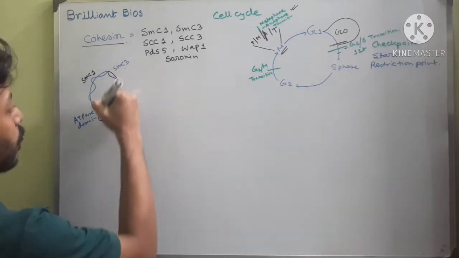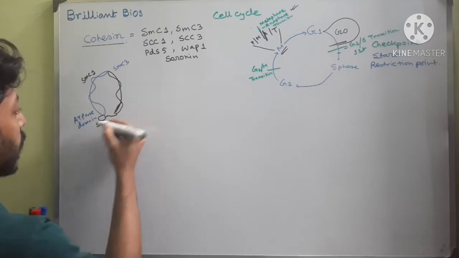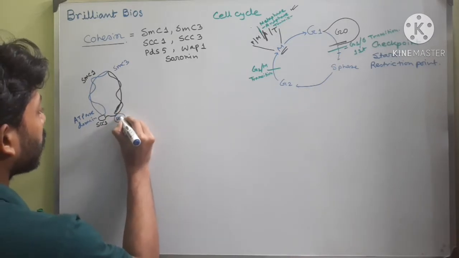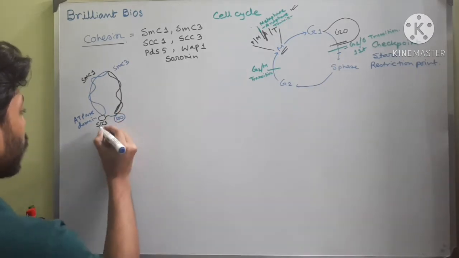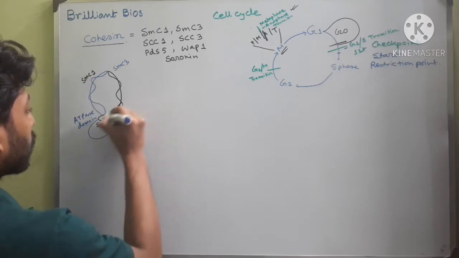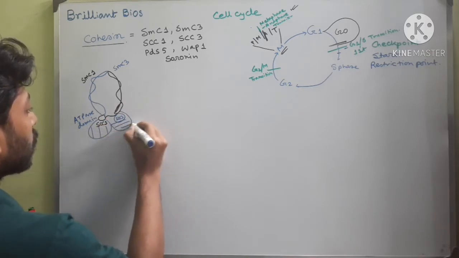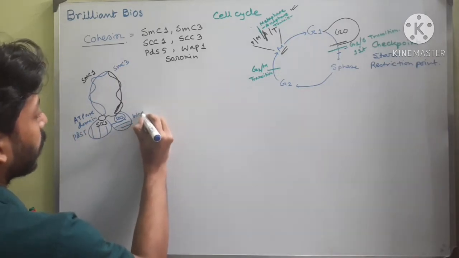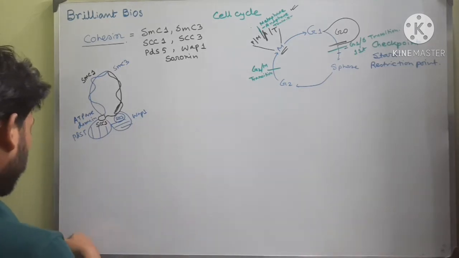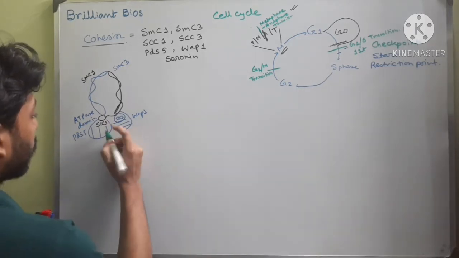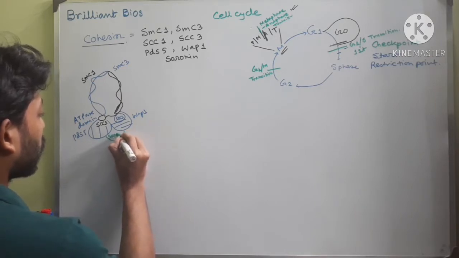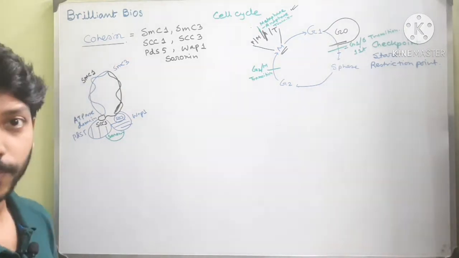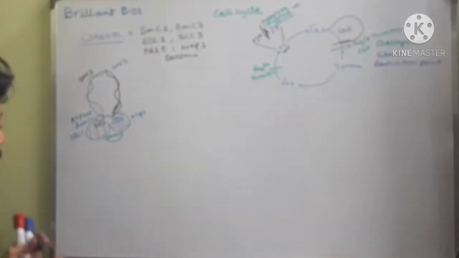Then two other subunits like SCC1 bind with this molecule. Then there is another subunit called SCC3. There are two other subunits, let's suppose this is PDS5 and this is WAPL, and there is another subunit, this is sororin. Now you can see this is a multimolecular, multi-subunit protein. So what is the significance of this protein? I will show you. At first, in the G1 phase,